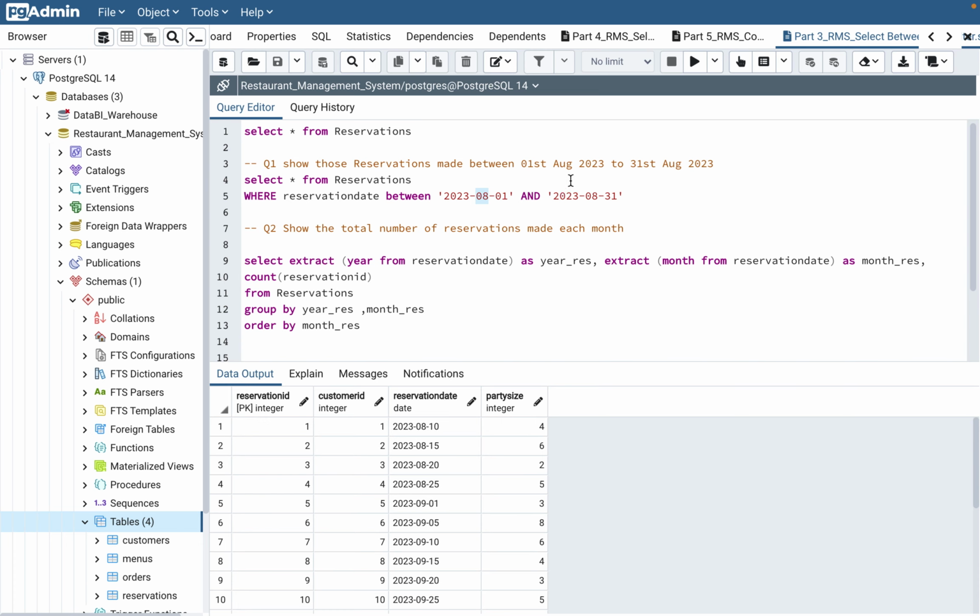So here they are asking between 1st August to 31st August, right? So what we'll do is select star from reservations where reservation date between. Between is the one where they are testing your capability between this and this date. Why? Because August month, you can still say month, but let's say they tell you, give me the school